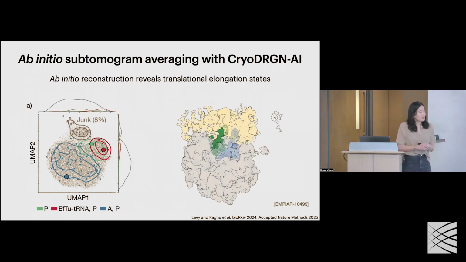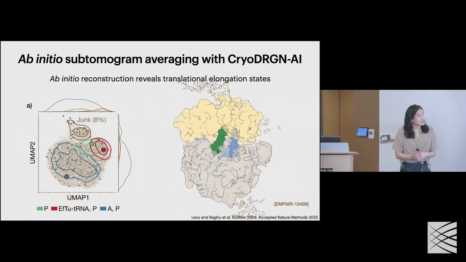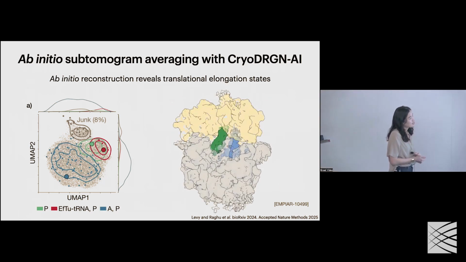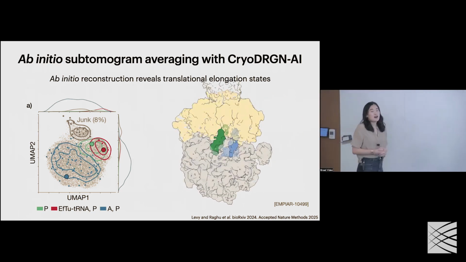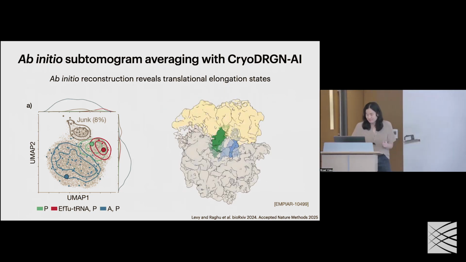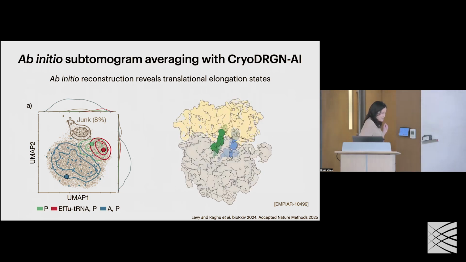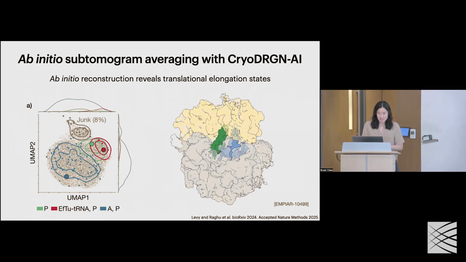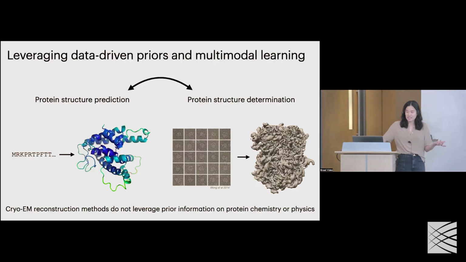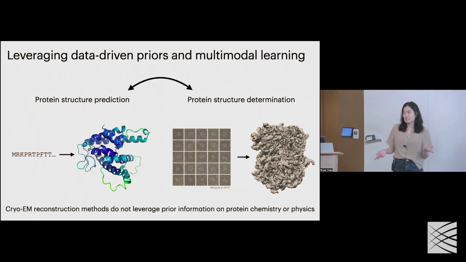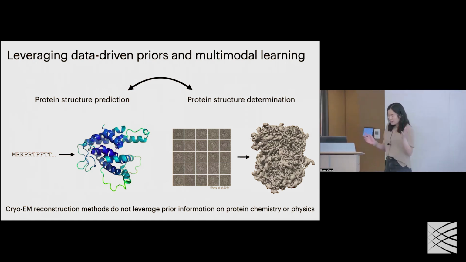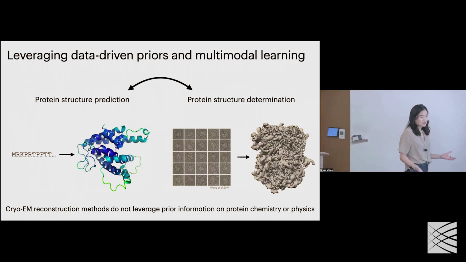And then just showing one result slide. This is the translation elongation states of the 70S ribosome from in situ data, fully trained, fully ab initio. Okay, so we're making progress on ab initio reconstruction. One thing to note is that all these reconstruction methods we've talked about are purely image data driven. So we don't leverage any information we have about the underlying chemistry or the sequence of